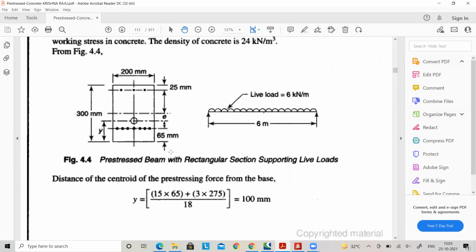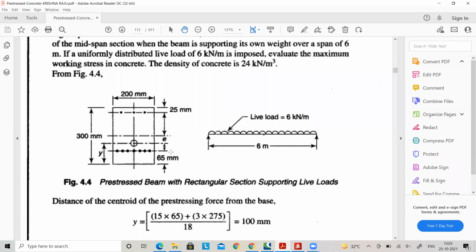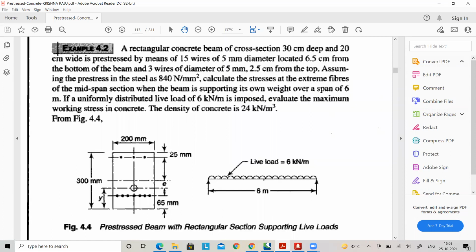So here there are two types of bars with different locations acting. That is 15 wires of 5 mm diameter located 6.5 centimeter from the bottom, and 3 wires of 5 mm diameter from 2.5 centimeter from top.